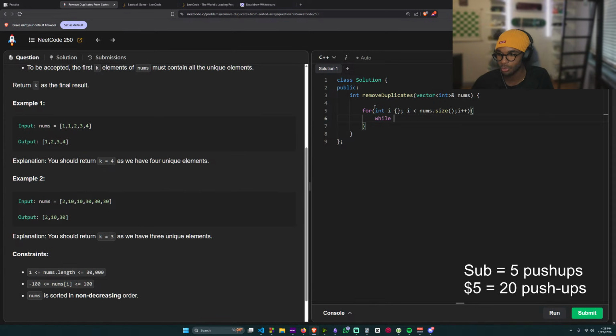I could use a while loop because in a vector, once you delete an element, doesn't everything shift over? Right? So if I say while nums at i is equal to nums,